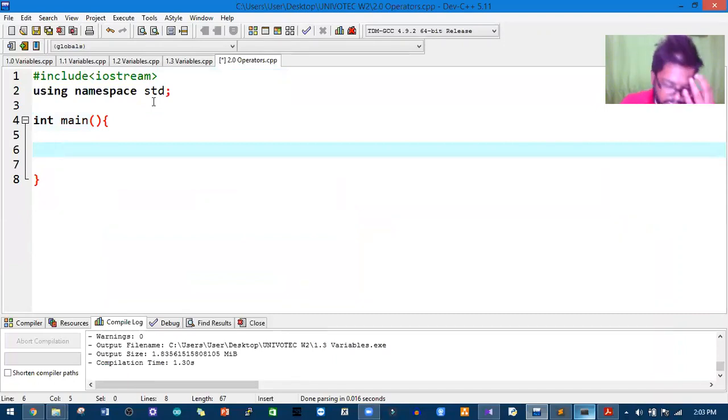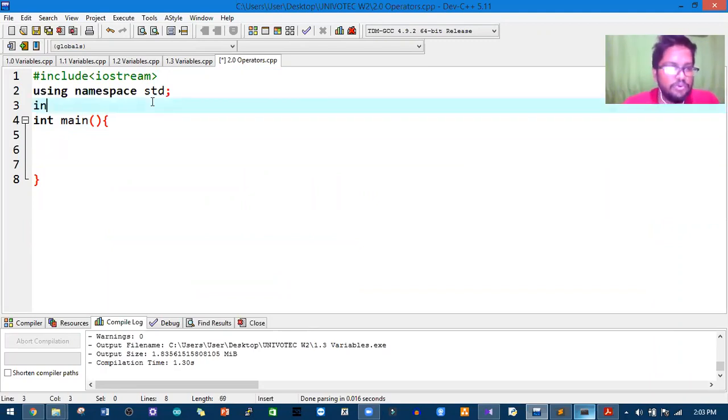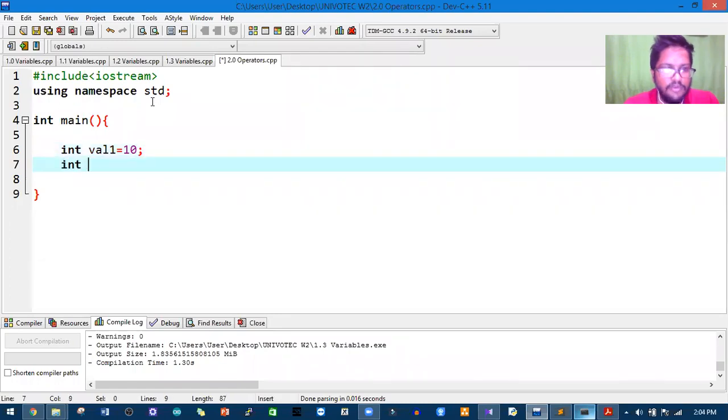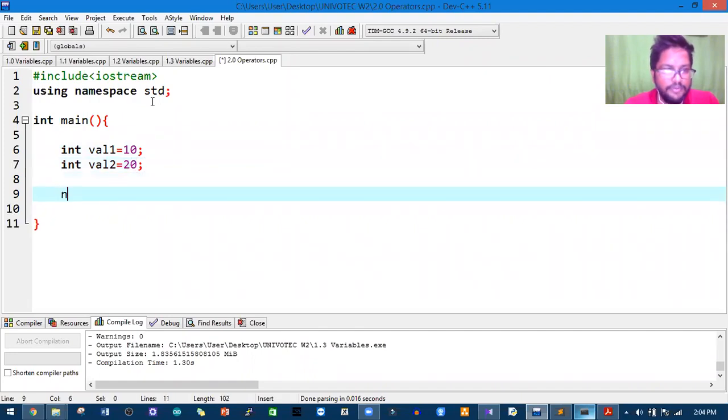Okay, so it's like this. Let me declare variables of type int: value 1, value 2, okay, right? So I have declared